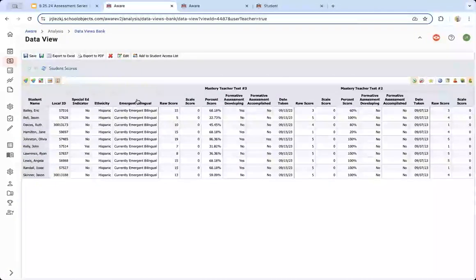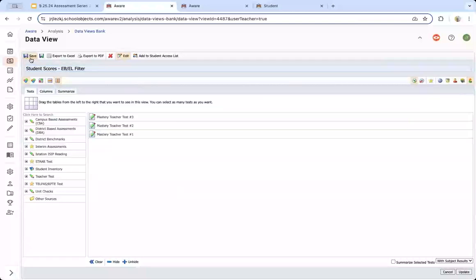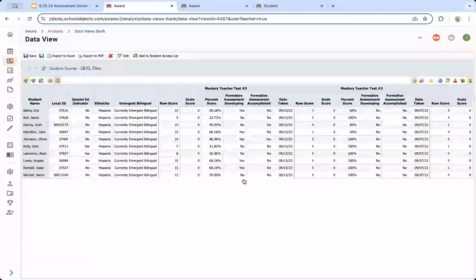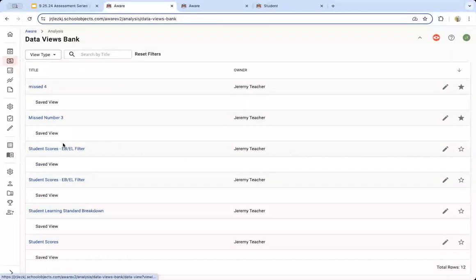I'm going to go up here to edit, and I'm going to rename it with the EBEL filter, and then I'm going to hit save, not save new, but save. And it will update the title of that particular view right here at the top. And then when I go to the data view bank over here, wrong button. Here it is, saved student scores EBEL filter.